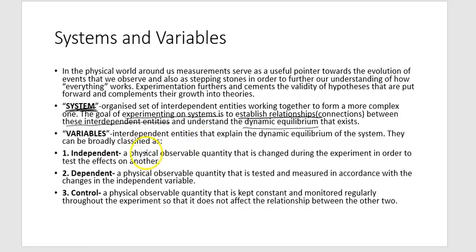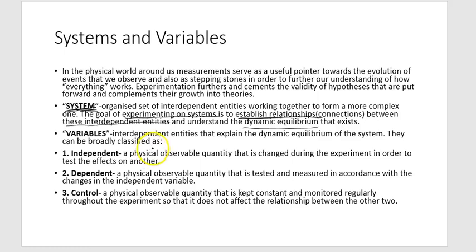So the goal is to form a mathematical relationship between variables that represent the changes taking place within a system, so that we can understand what changes are taking place within the system and how these variables are related in the context of those changes. So if an object starts moving faster, then we measure its acceleration, and we have the mass. Then we can show that mass times acceleration gives me the force. Every time the acceleration changes, there is a change in the force. And that's how we arrive at the correlation between force and acceleration for a given system, and the variables themselves start defining the system.